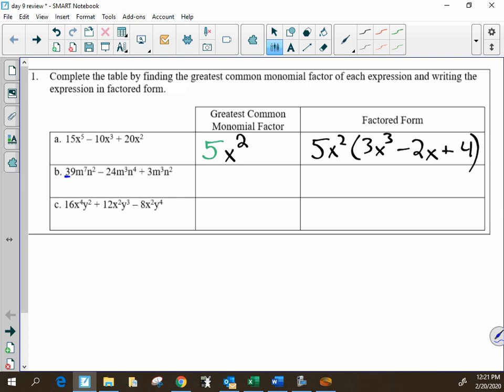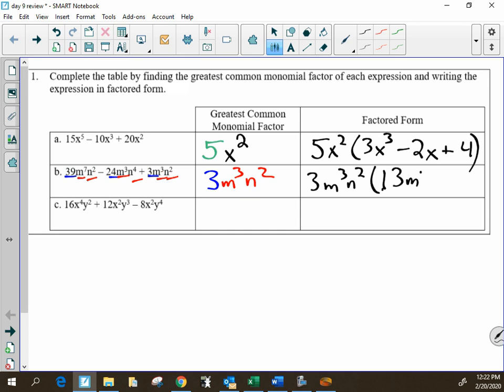In the second one, each one of the numbers is divisible by 3. They each have at least 3 m's being multiplied together, and they each have at least 2 n's being multiplied together. And so my fully factored form is 3m cubed n squared times 13. I'm sorry, and that 13 looks like a B, so let me fix that on the Smartboard. 13